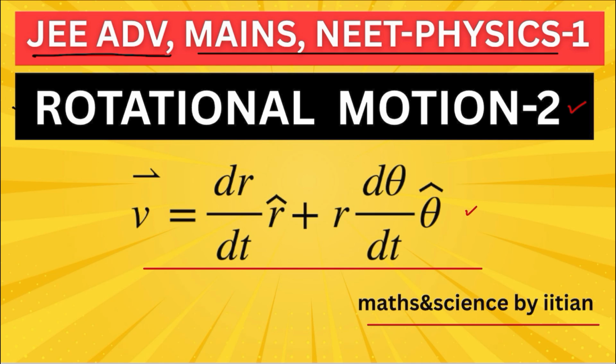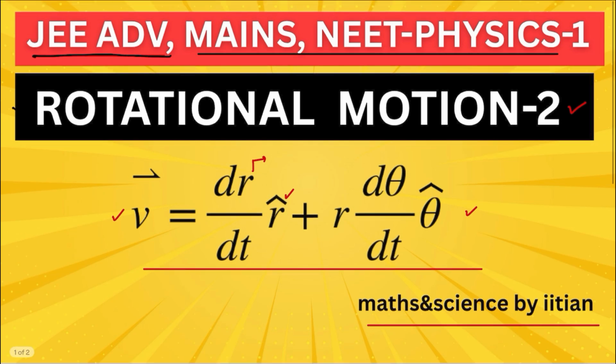In this lecture, I will be talking about derivation of the velocity vector in rotational motion. This is the velocity vector in the rotational motion. R is the radius, or we can even say magnitude of the vector R. dr by dt is the differentiation of vector R with respect to time, and r cap is the unit vector in the direction of the vector R,